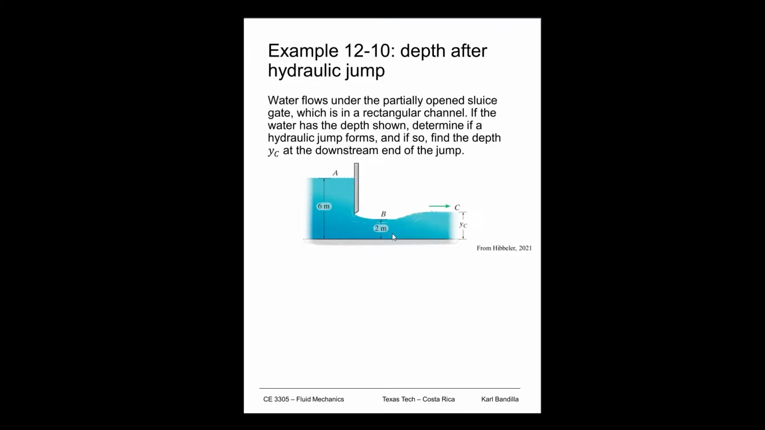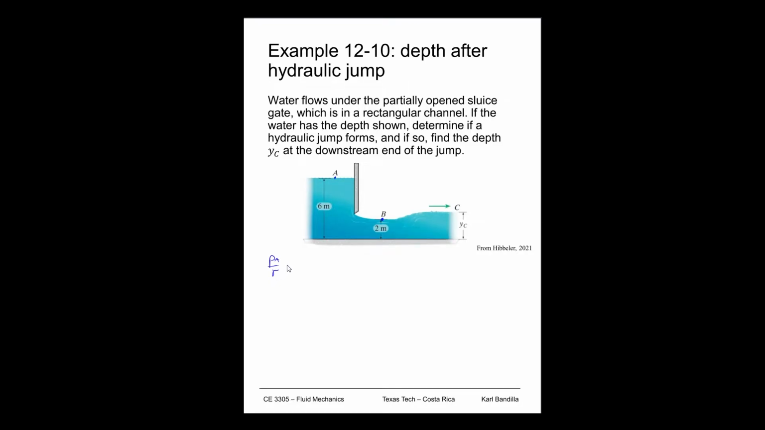All right, before we can find YC, we need to make sure that this hydraulic jump can happen. For this jump to happen, the flow at B needs to be supercritical, right? So to find out if it's supercritical or not, we need to know the velocity of flow. And we're not given that. We're given the depth, but we're not given the flow rate or the width. So we need to find that separately. So what we'll do is a Bernoulli equation from A to B, both at the surface. So if we do that, we have